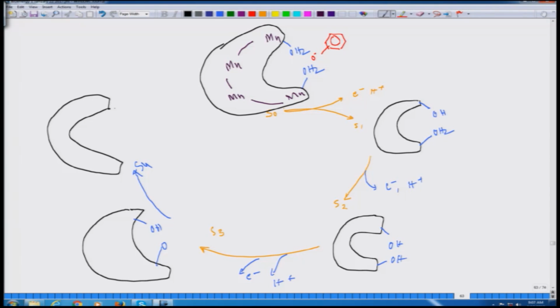What we observe is they form an oxo bridge out here, O, O. This complex is where oxygen is being liberated. This oxygen is being liberated, and while going through this phase you have another electron and H plus given out. So, if I count all of them, the oxygen is given out, and this is where I told you that